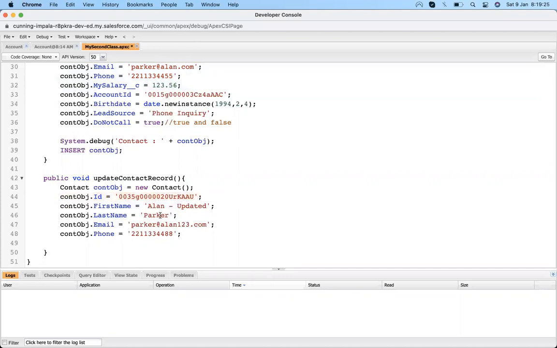Here it is an ID. So we have to specify the ID, then put the values of the fields that I need to populate, and then write update and the object name. Then save. Let's call this method.